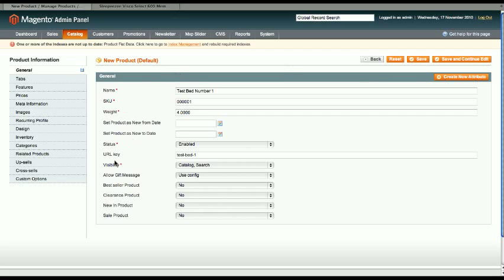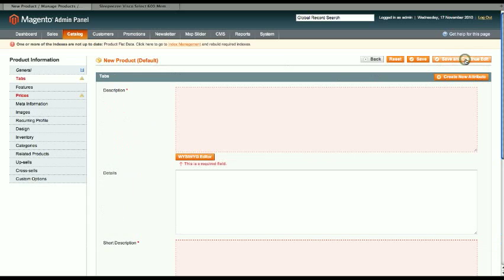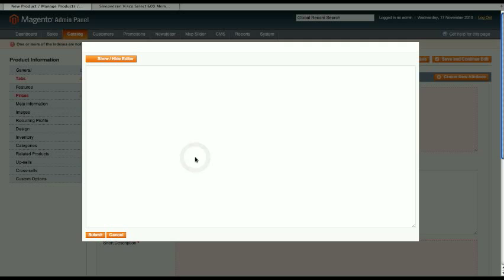Every time you complete a screen, it's always worth clicking Save and Continue Edit. So if you click Save and Continue Edit, it moves you on to the next tab because you can't save the product without completing a couple of boxes. First we need to give the product a description. So if we click that orange button there,